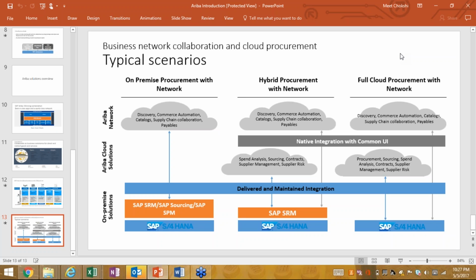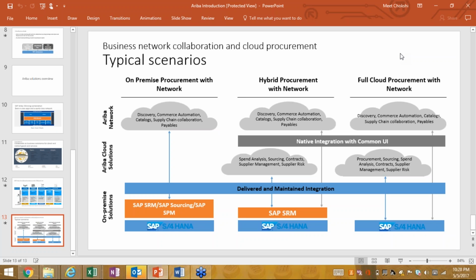So I cannot focus on all Ariba modules, right? It's big, it's huge. If you do certification, there are so many books you have to study. So if you ask me, Ashok, what is your career plan, what I would recommend to you guys is, if you are SAP MM or SRM, you still focus on the S4 side, and then you cover the upstream of Ariba, where you have sourcing, contracts, and supplier management, and then you focus on the Ariba network side of it.